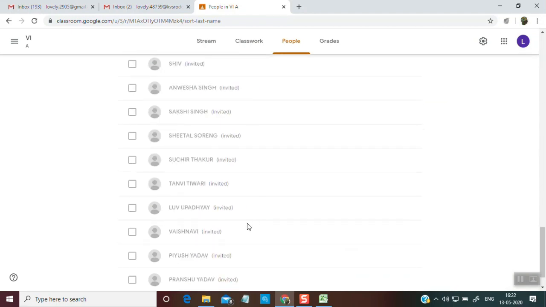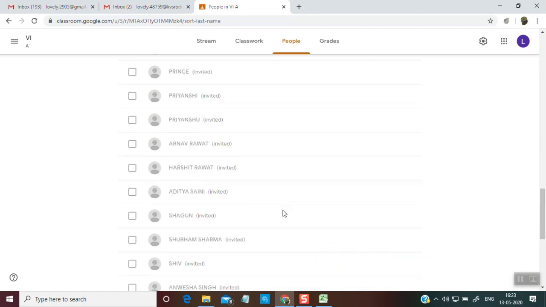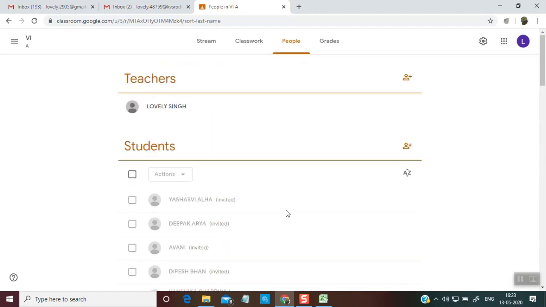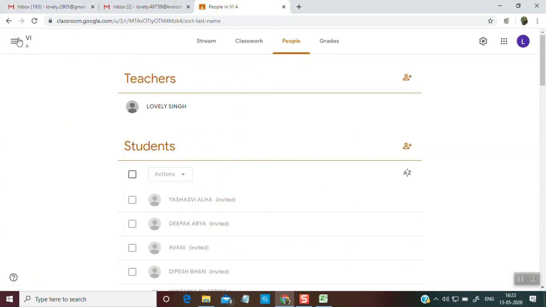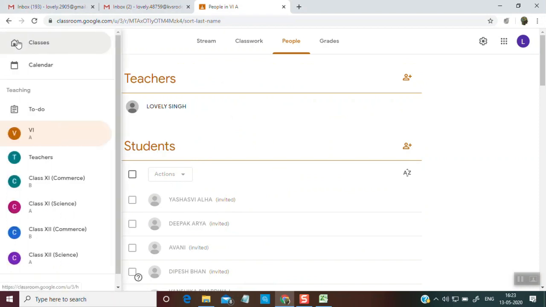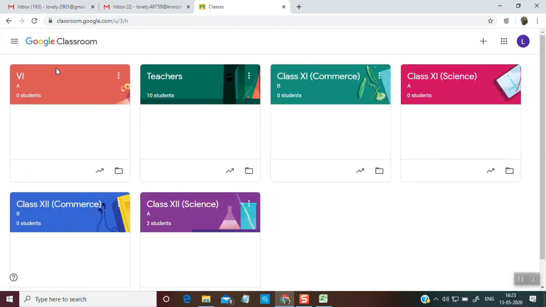Once they open their G Suite ID and click on the invite option which you have given them, they will join the class automatically. I will show you an example of how the teachers have joined one of the classes I created.